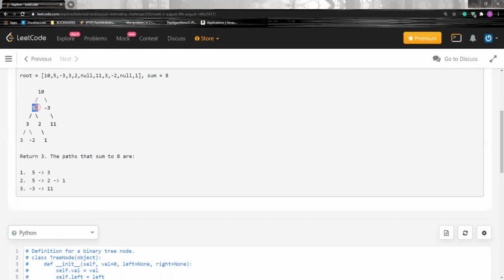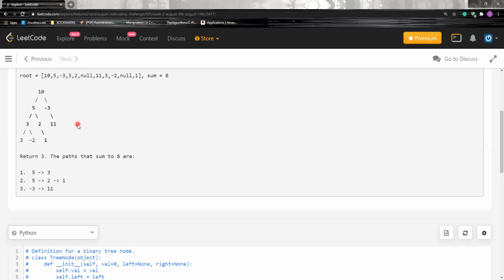In root dot left, the node we encounter is node 5. So for 5 also, check all the paths from root node to leaf node. All the paths mean 5 3 3, 5 3 minus 2, 5 2 1. While checking, we should first compare 5 plus 3, then we should compare 5 plus 3 plus 3. It is not equal, then we should backtrack and compare 5 plus 3 plus minus 2. It is not equal to 8. Then we should backtrack and compare 5 plus 2 plus 1. It is equal to 8.